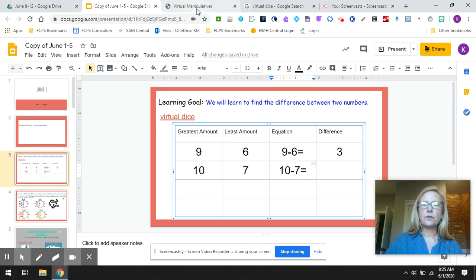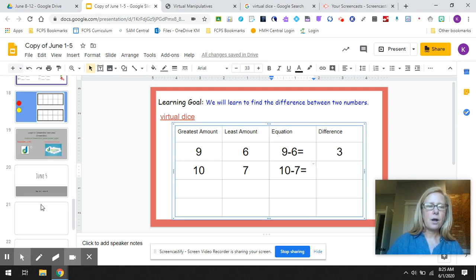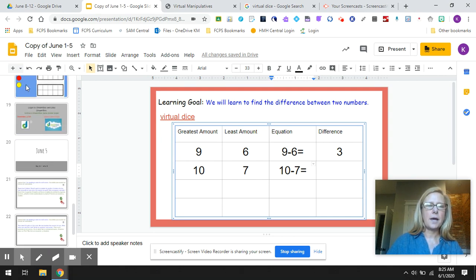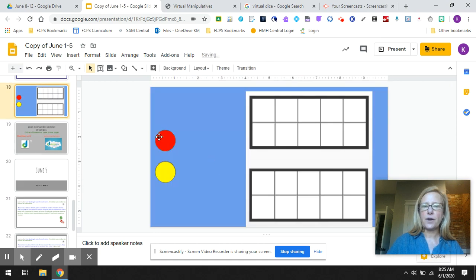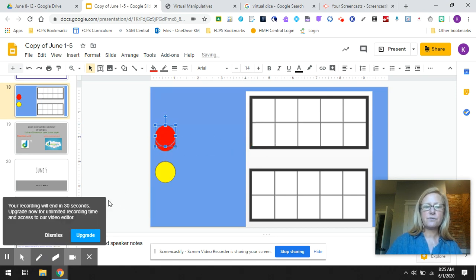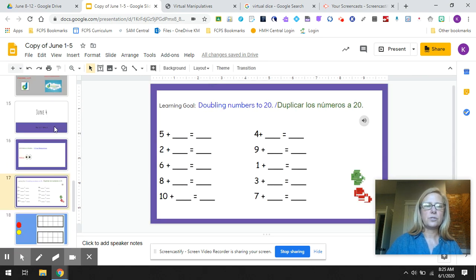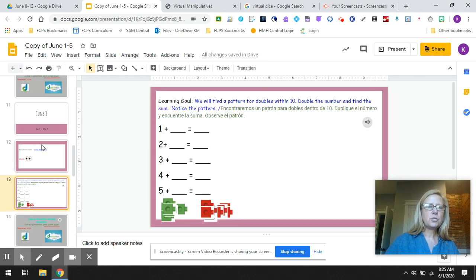So you can use your virtual manipulatives or you can use the Unifix cubes that we sent home with you at the beginning of distance learning. And remember, I always include a slide that has our tens frames right here with your counters that you could also use. I chose not to use my tens frame today simply to show you a different way that we could solve. Okay, so